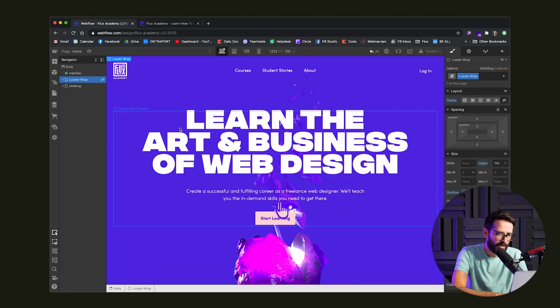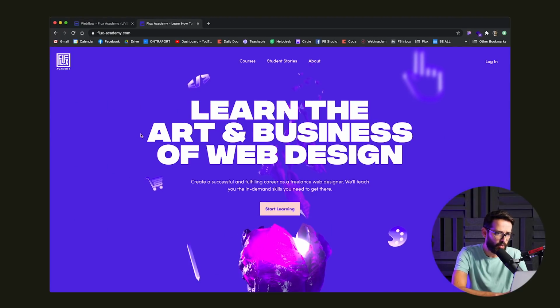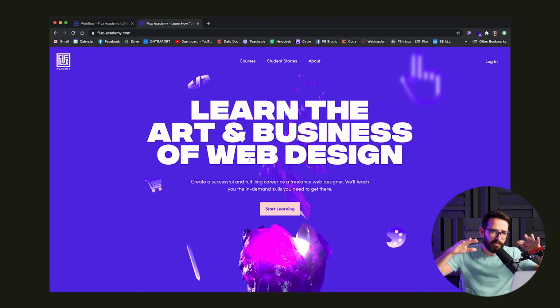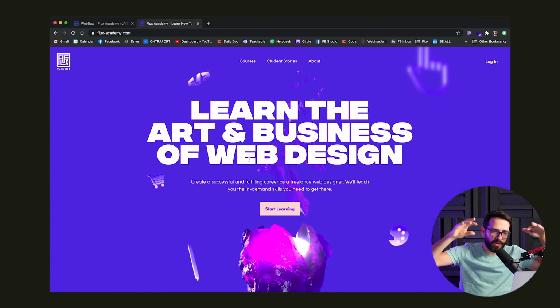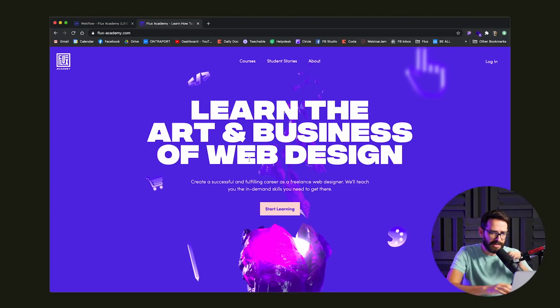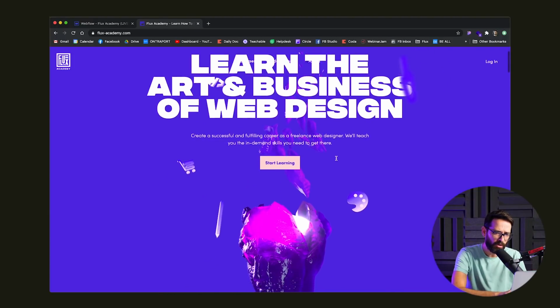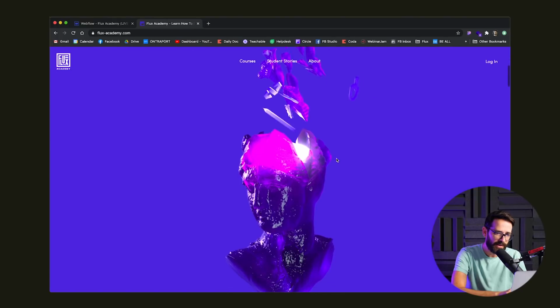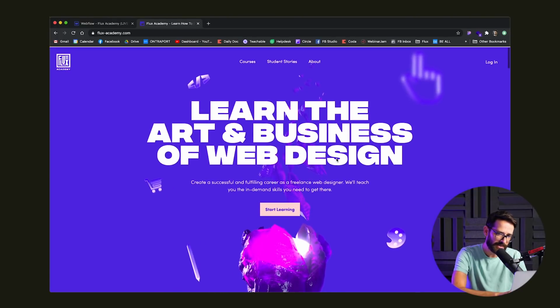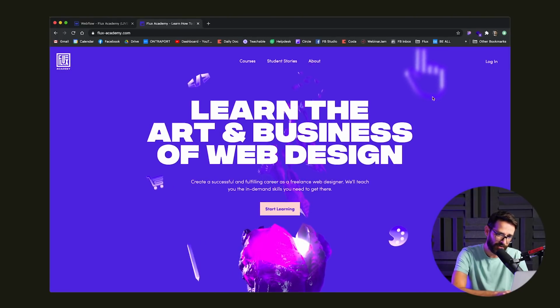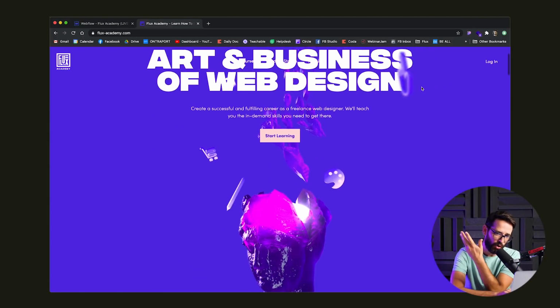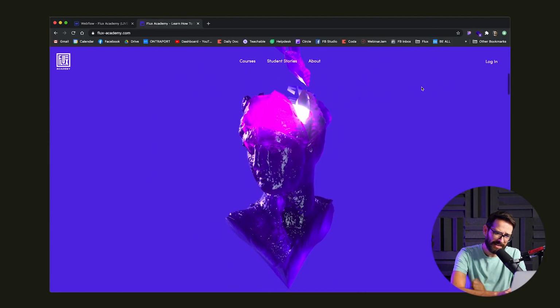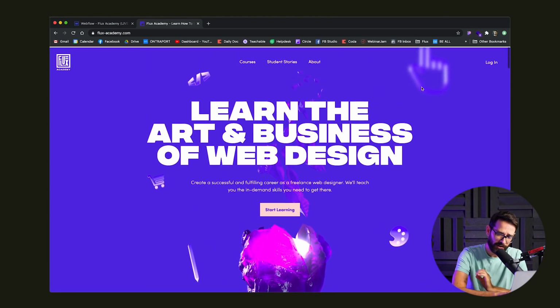Now let's talk about the hero scroll. So what do we have here? We have these few elements that are kind of like moving slowly. They're always kind of floating out there in space. And when I'm starting to scroll, they're moving inside the head, but also something else happens. You can notice, check out this kind of cursor. It also rotates. All right, so basically we have 2 things going on here.